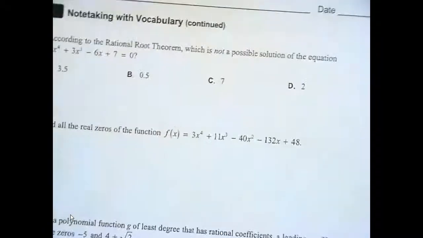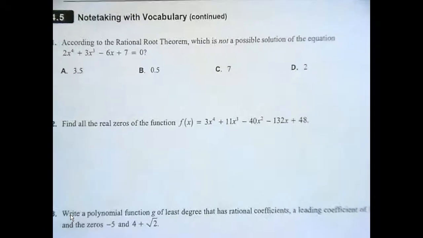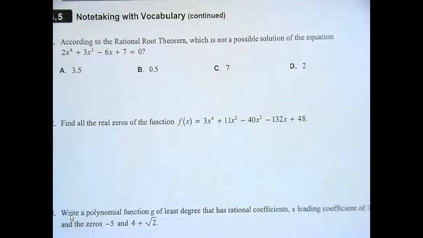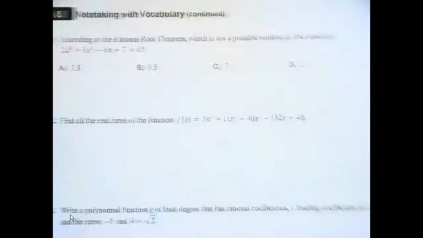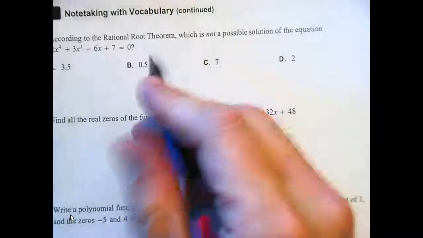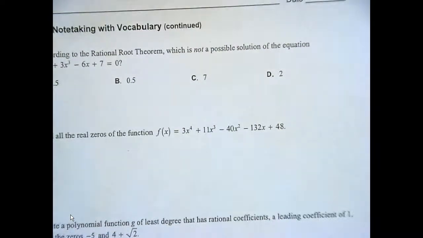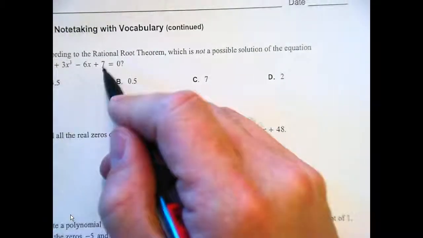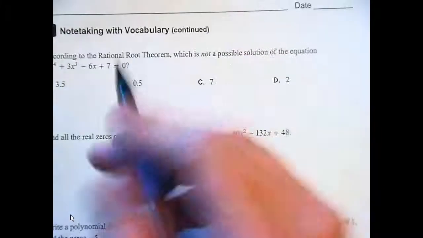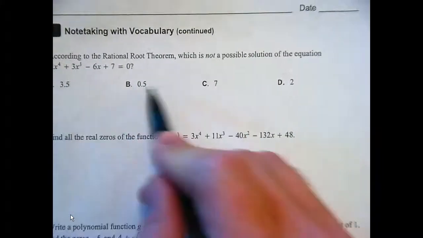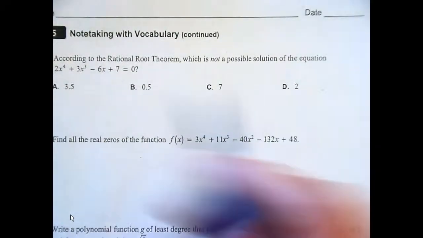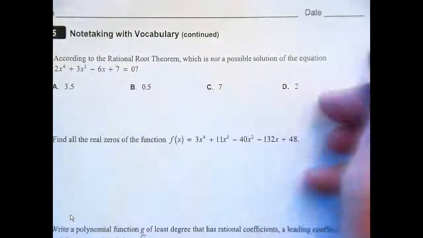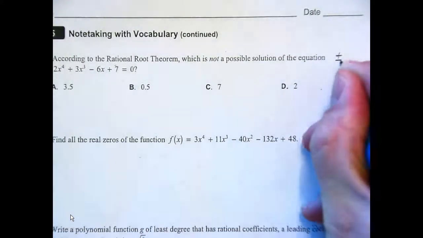So, if we wanted to make something up, let's go ahead and use a problem. Look in your student journal on number 11 on page 100. Let's use that problem to talk about the rational root theorem. Number 11 says, according to the rational root theorem, which is not a possible solution to the equation? Well, the rational root theorem says this. It says that if I am going to have a number that goes into this, first you could factor by grouping, but if I'm just wanting to see which of these things is a possible solution, the rational root theorem says, if you take the